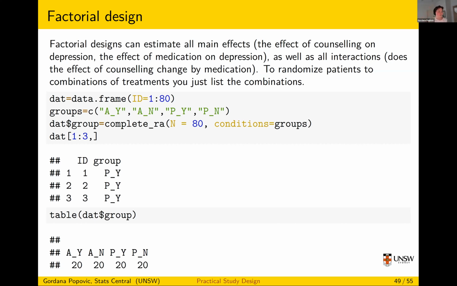But if you want your groups to be balanced by many, many variables, you might need to use a technique called minimization, I think it's called, where it tries to balance by many variables. That's much more difficult. But quite often, if you have a large sample size, you shouldn't really worry too much about things being equal, because by randomly allocating patients to groups, you will get an approximately equal balance. So it shouldn't be a big deal. It's only when the sample size is small that you might get big differences between groups, and then I would worry.